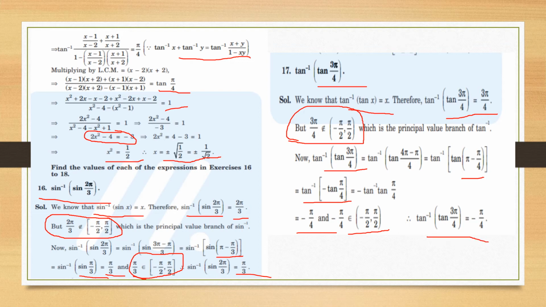You better know that tan is an odd function. So instead of writing the sign here like this, I can simply write tan of minus pi by 4. I should avoid writing it like this. It should be tan inverse tan of minus pi by 4, and then tan inverse gets settled, and we get just minus pi by 4.